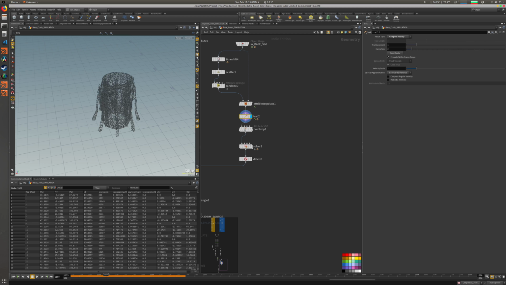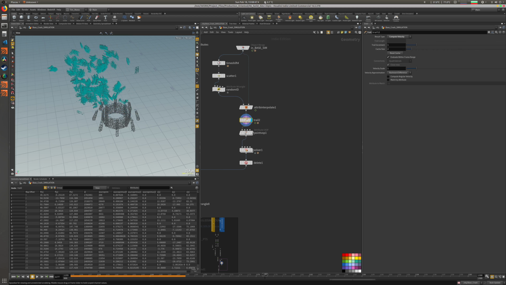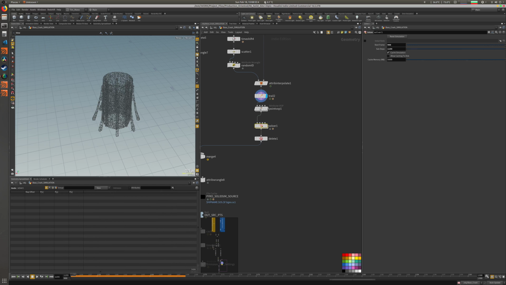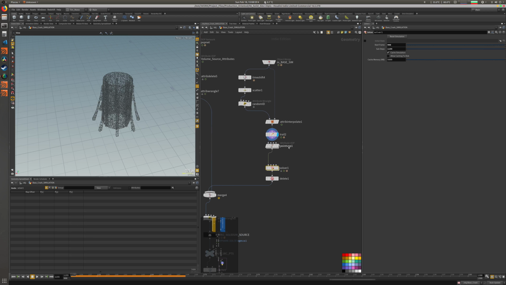Let's visualize this, and then we can always tell Trail to use ID. That seems to break things. Let's turn off ID. Well, we don't need to use ID, of course, because we have consistent point count. That's fine. Okay, so now I can use the solver SOP, but I need to create an attribute called